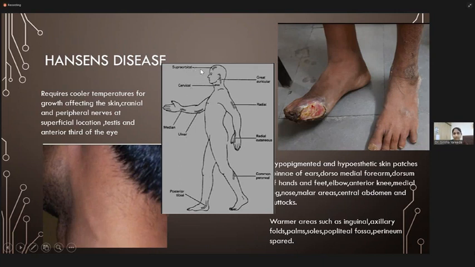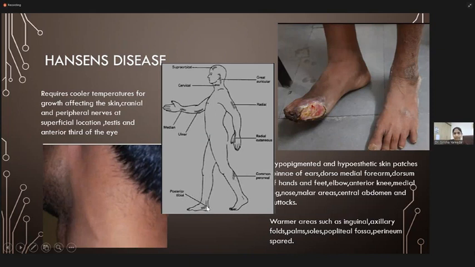Similarly, the areas which we have to look for thickening of the nerve are the supraorbital ridges, the greater auricular nerve, the cervical nerves, the median, and also the ulnar near the olecranon fossa, the radial nerve at times in the spiral groove, the cutaneous branch of the radial nerve near the styloid process. We all know the common peroneal nerve is routinely palpated near the neck of the fibula, and the posterior tibial nerve just